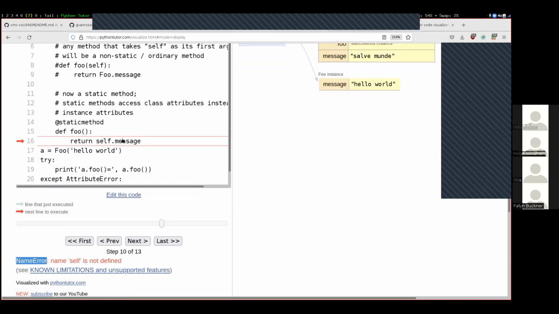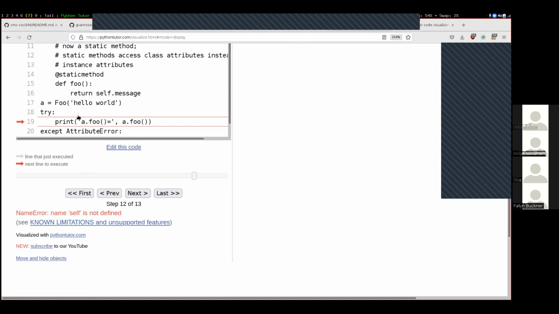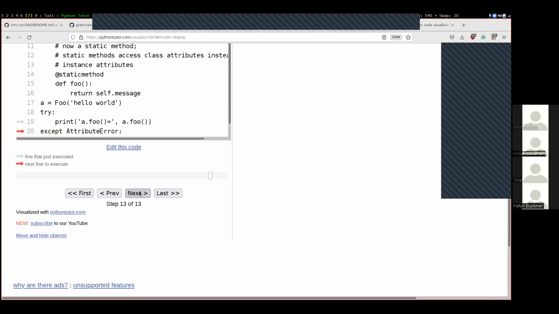We get the name error thrown right here because self doesn't exist. Turns out that in Python, every error message, every exception is a class, and there's a subclass hierarchy of exceptions. And when we do except attribute error down here, yeah,